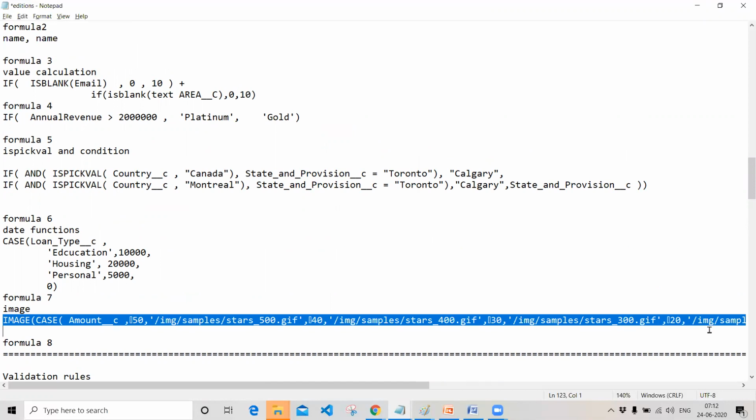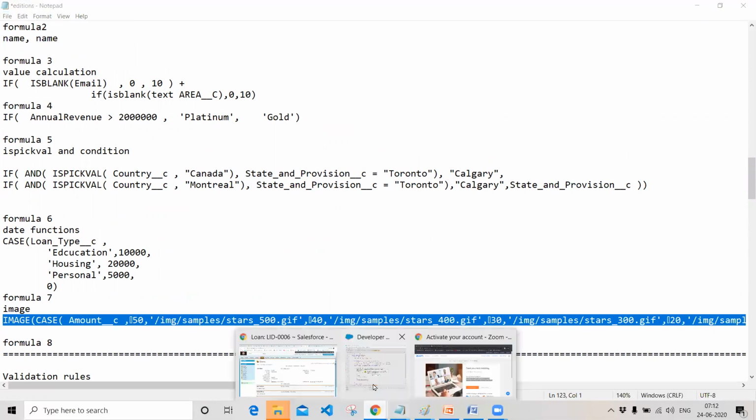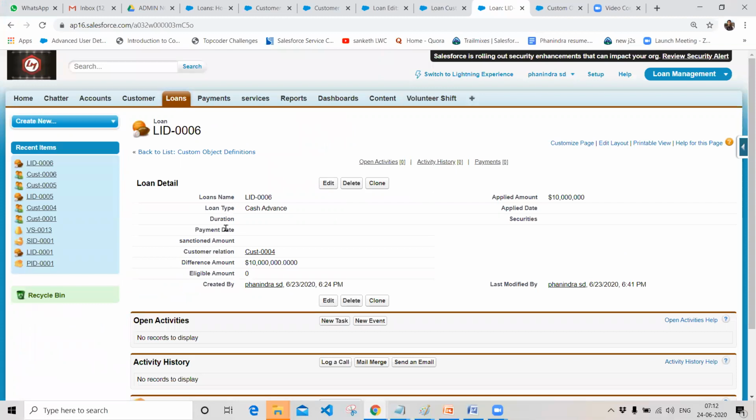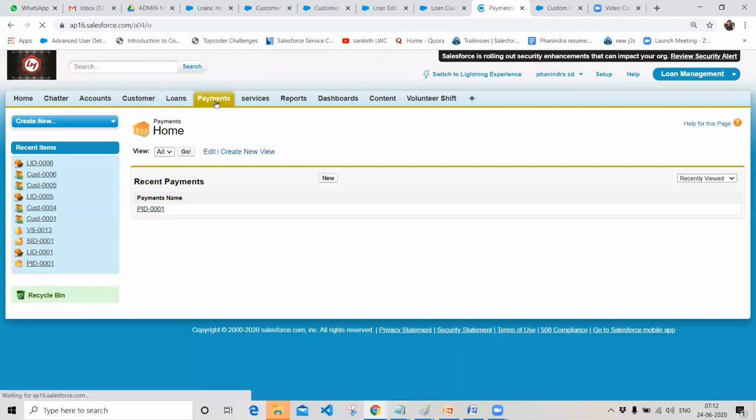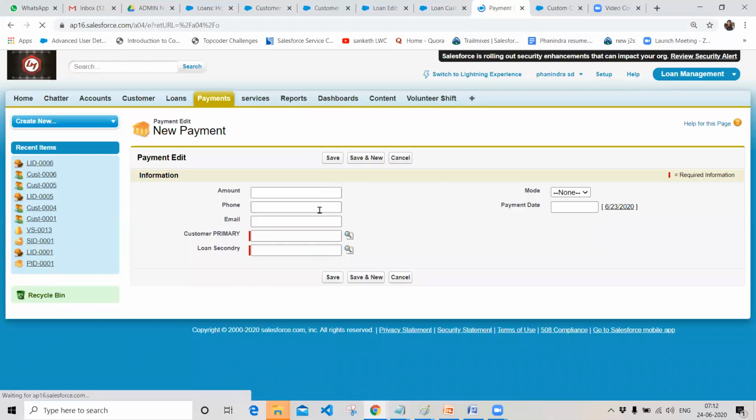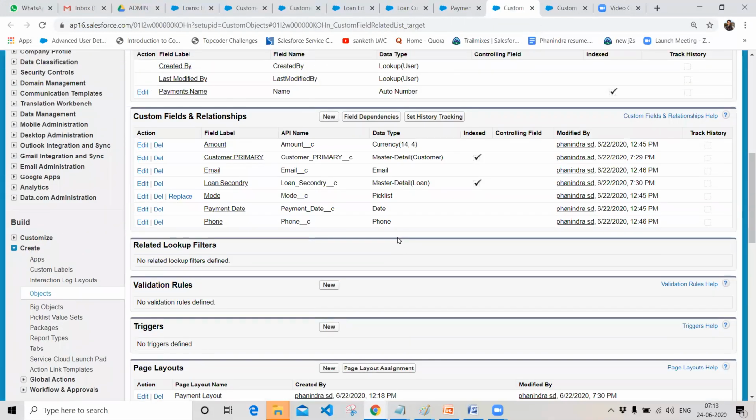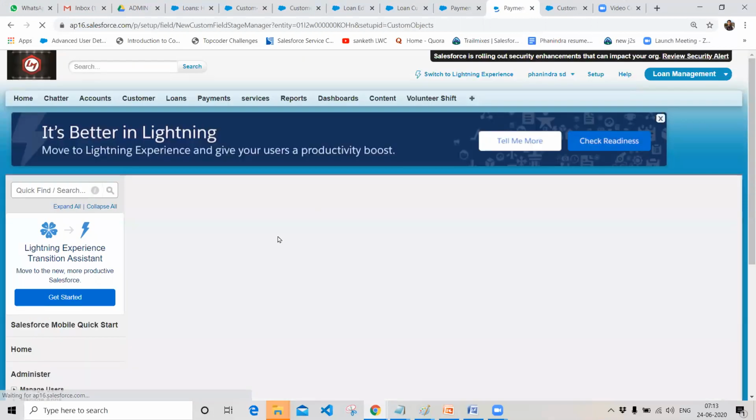Let me show you. We have a field called applied amount over here, which we have been using for a long time. And let's go to the payment amount; payment also has an amount field over here. So let's create a formula to display an image here. All the regular functions I did were making a calculation with respect to this. Now, on a particular condition, if I want to display an image over here, how can I display an image using a formula field? Just create a new formula field.